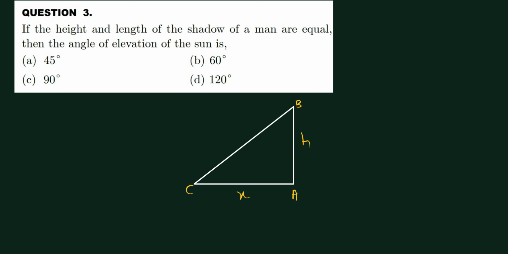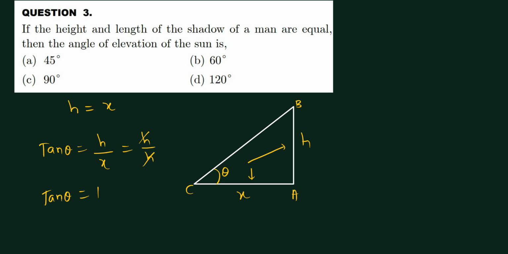Okay, and we need to find the angle of elevation theta, right? They given that the height of the man is equal to the shadow of the man, H equal to X. So which will give the relationship between H and X? That is tan theta. So tan theta equal to h by x. Since h and x are equal, you replace with h by h, so h gets cancelled, then tan theta equal to